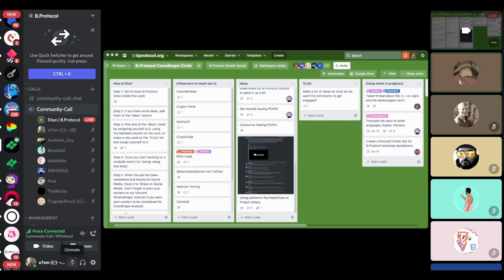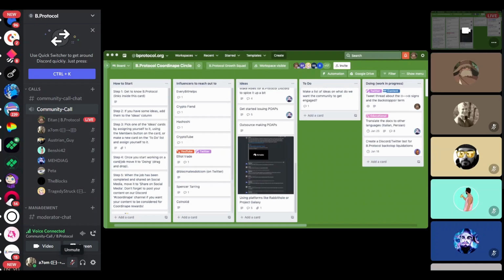So I'll go briefly over how it works. The first list is basically how to start, and gives, hopefully, a clear step by step on how to work with this board.